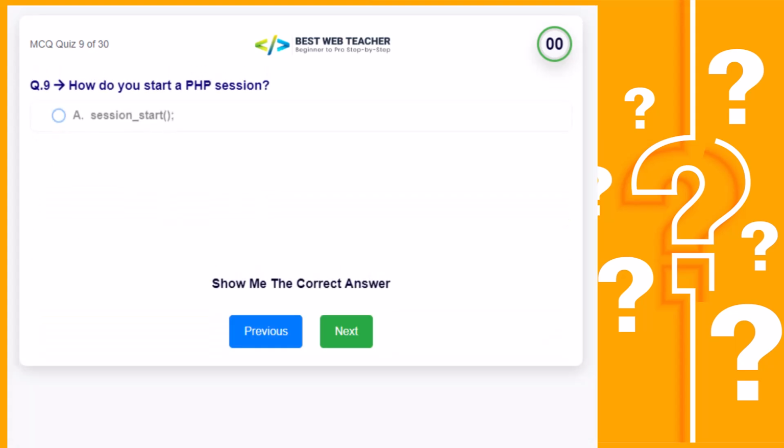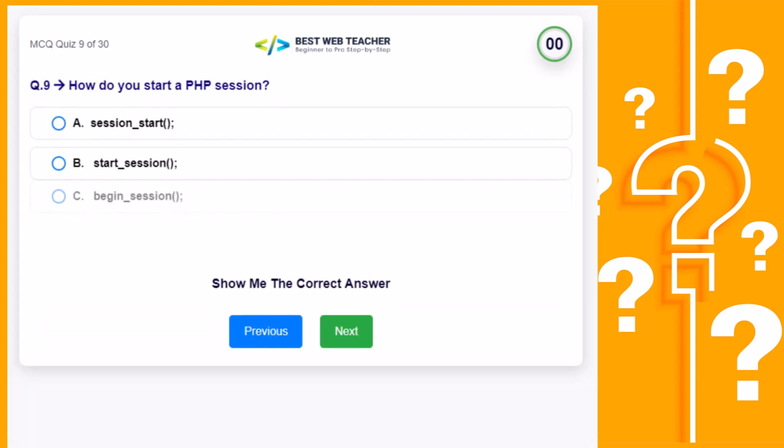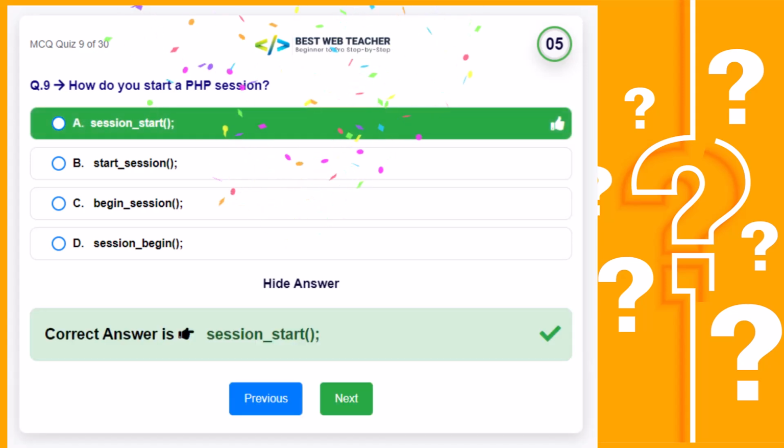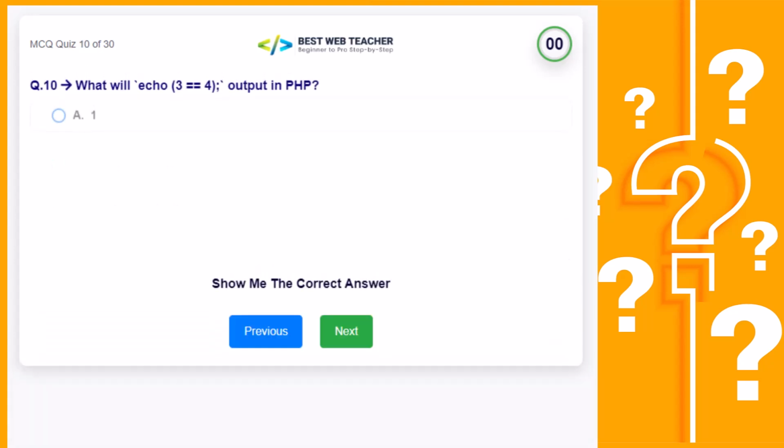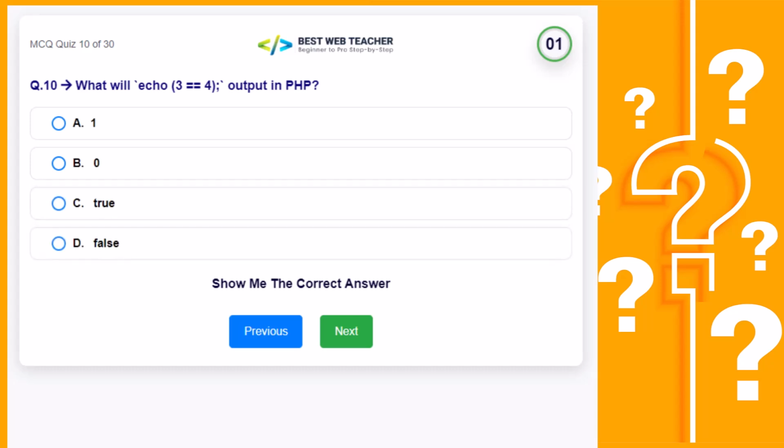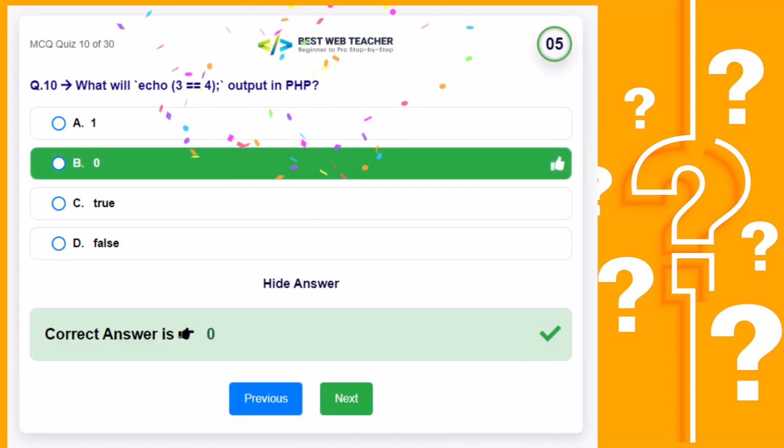How do you start a PHP session? Correct answer is What will echo 3-4 output in PHP? Correct answer is